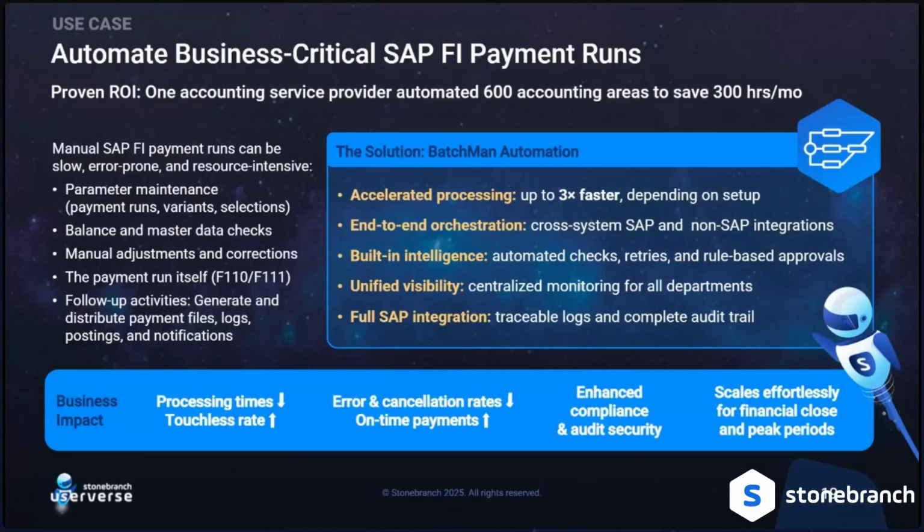So just to give you a sample of processes that we automate every day, one is the FI payment runs. Payment runs you have everywhere. You have payment runs after payslip generation for HR, you have payment runs in treasury, in banking, you have payment runs in procure-to-pay. There are a lot of systems involved in payment runs and a lot of single steps that you have to take. And this is why automation is so important for payment runs, because it's a multi-step process. And oftentimes within payment runs, you also have external systems, or at least file and data movements to externals. And this is what we usually also support end to end.